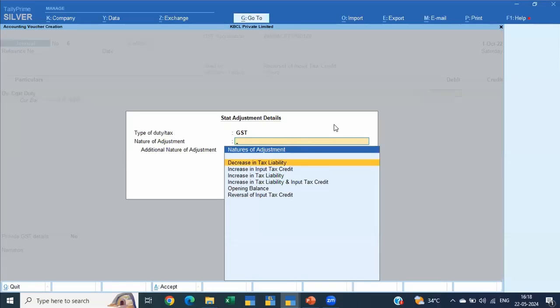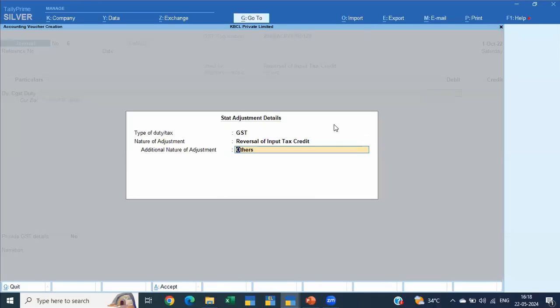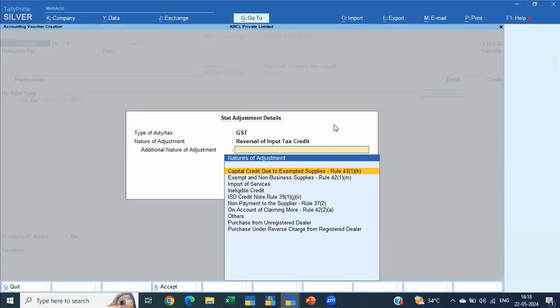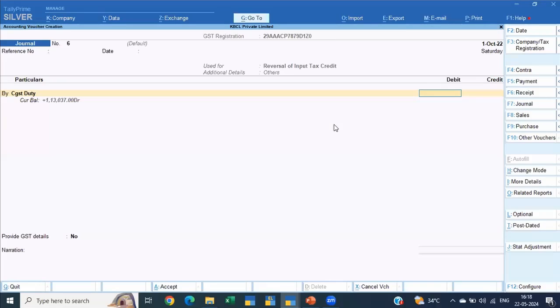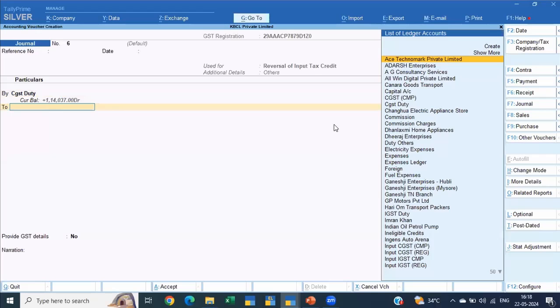You have other options, increase in and decrease in liability, or whatever be the case. Here, this is reversal clearly, and Rule 86B is directly not available. So you just do others, and you can create and mention it, say the amount you're going to reverse, and you can do it here.